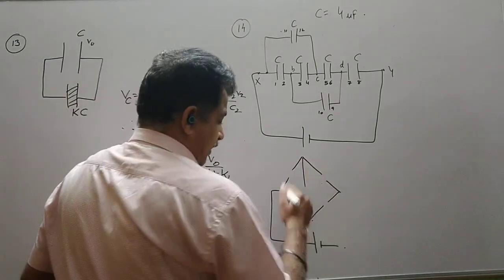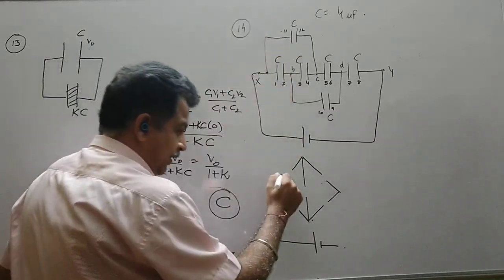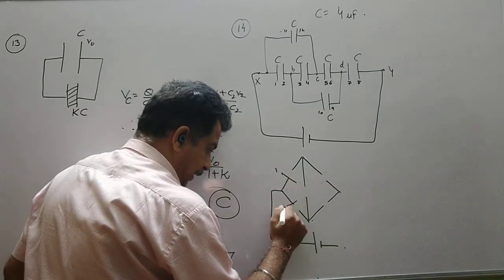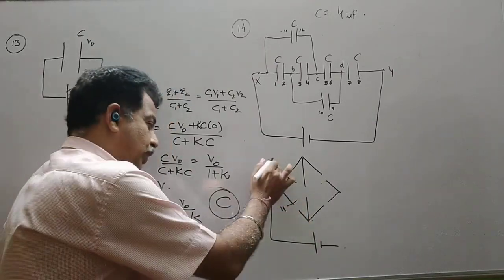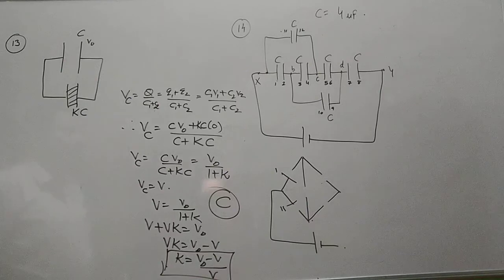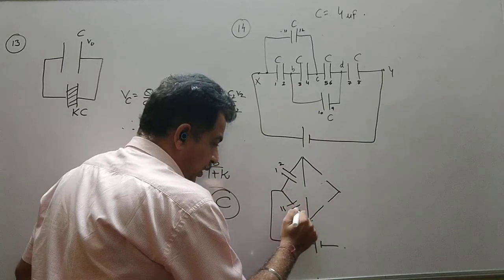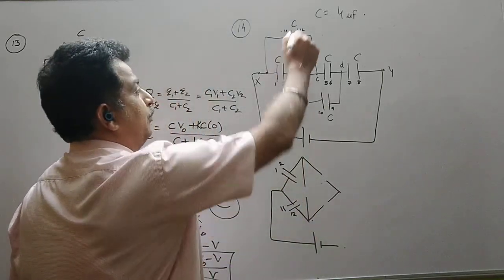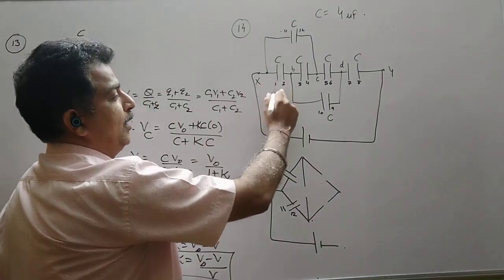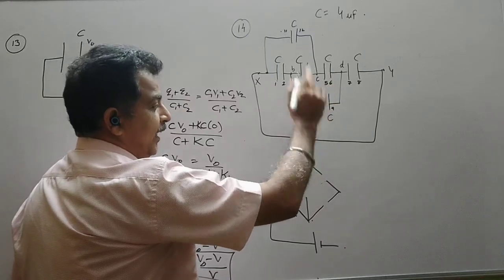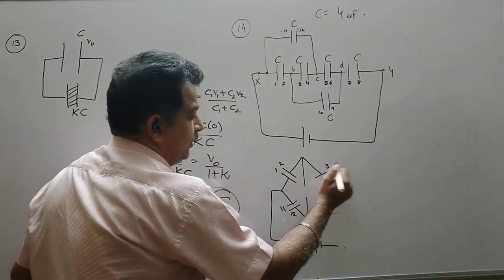So first I connect the positive plate, so I see that the positive terminal is connected to plate 1 and plate 11. So I connect 1 here, 11 here. If it is mismatched, I can change, I can put 11 here also, 1 here. So let us see if I can form it or not. So this is plate 1. Now parallel to it we have plate 2, and parallel to it we draw this, 12. Now 2 is connected with 3 and 10. So suppose this is 3 and this is 4.